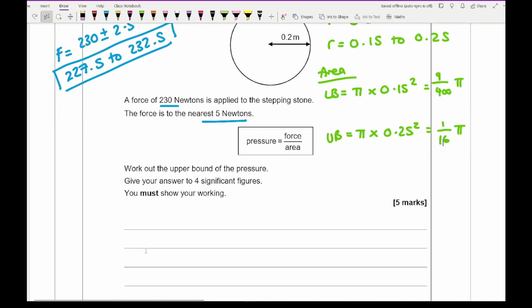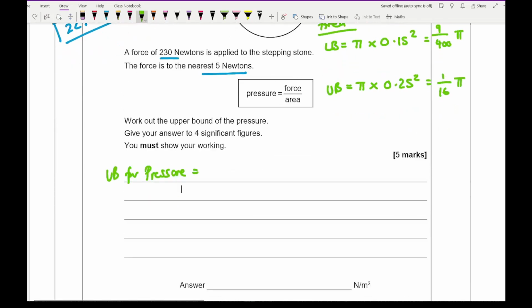Then to work out the upper bound of pressure, it's a fraction, so I want the biggest F and I want a small A. So the biggest force is 232.5 and the smallest area is 9/400 pi. So if I type that all into my calculator, I get an answer of